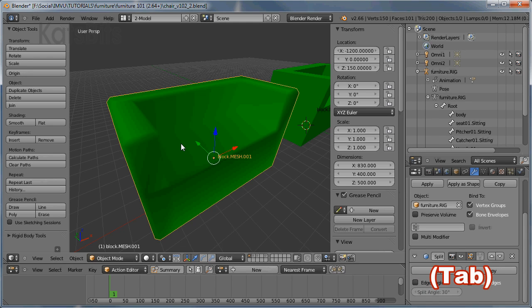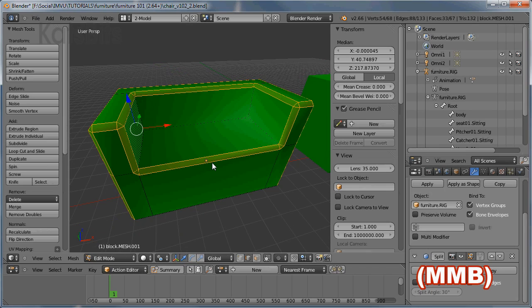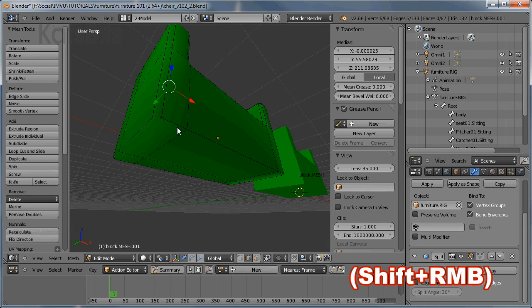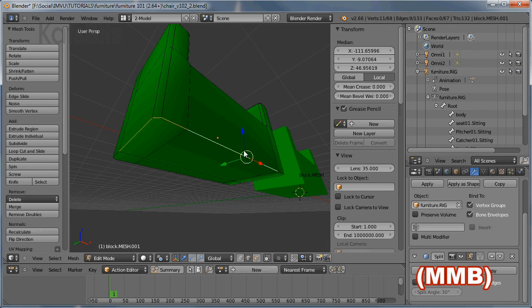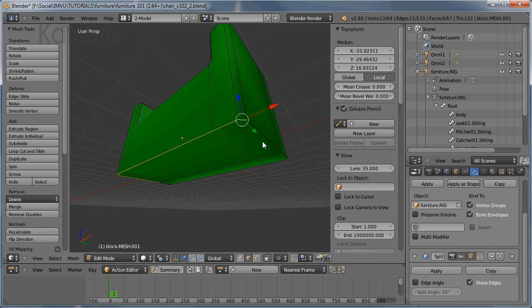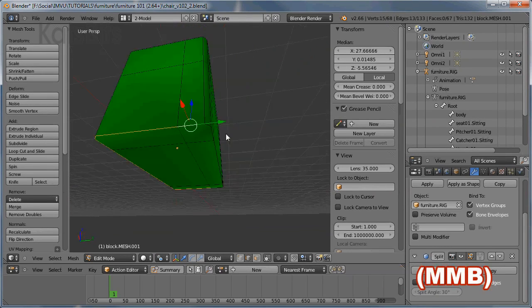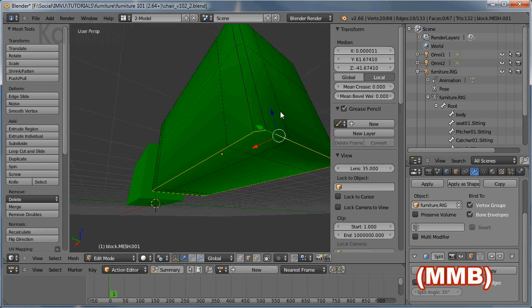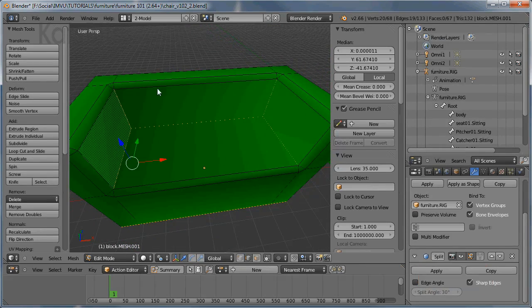So go back into edit mode, check that we're in edge select mode, so we can either Control Tab Edges or click one of the selection mode icons down the bottom here and just Shift right mouse select a number of edges that we need to be sharp, that is hard, and you'll see the difference in a moment once we've done this. So just go around the mesh, select these edges and the inside of the seat,